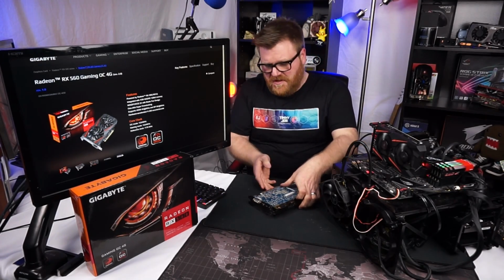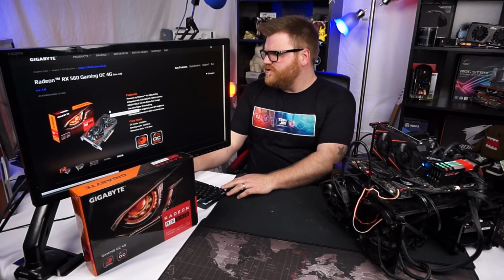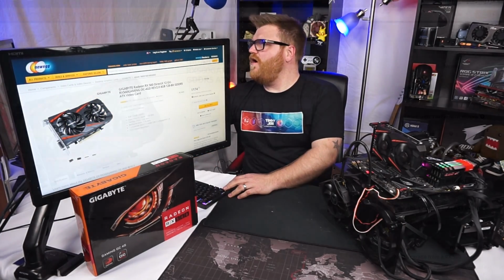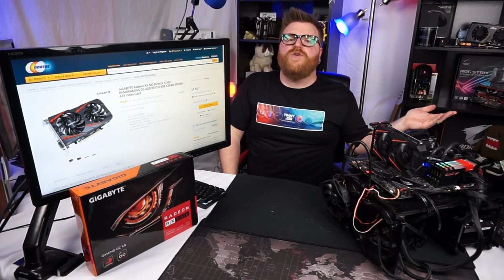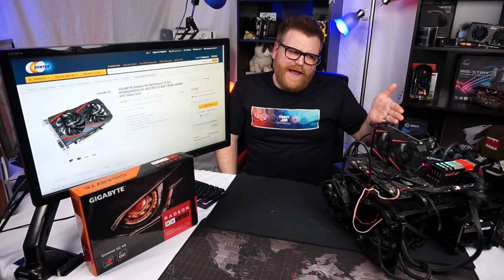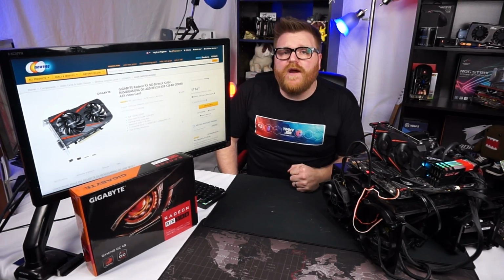But this one's an overclock version. It's the one that's got the full kit and caboodle, and it doesn't do too bad. So yeah, it's actually not too shabby on Newegg right now. This is still fairly expensive, $175 for this card, but we all know we just got over the GPU apocalypse, and prices haven't exactly busted down. But I could see this card in the coming months dropping well below $150, and at that price, it certainly